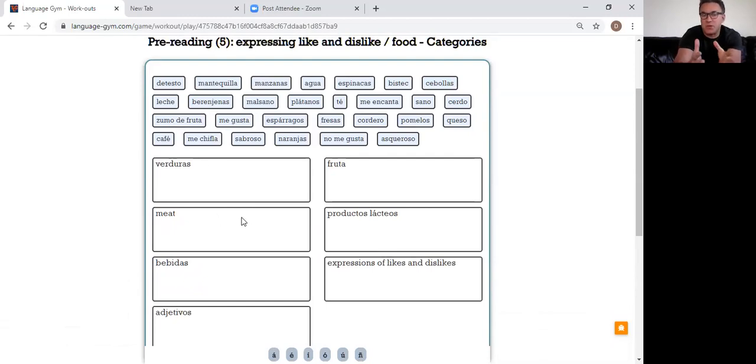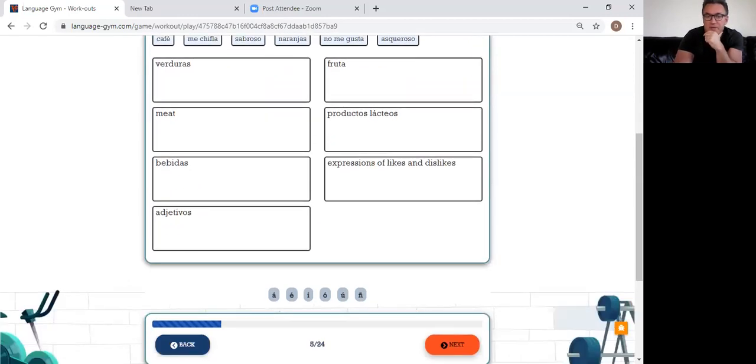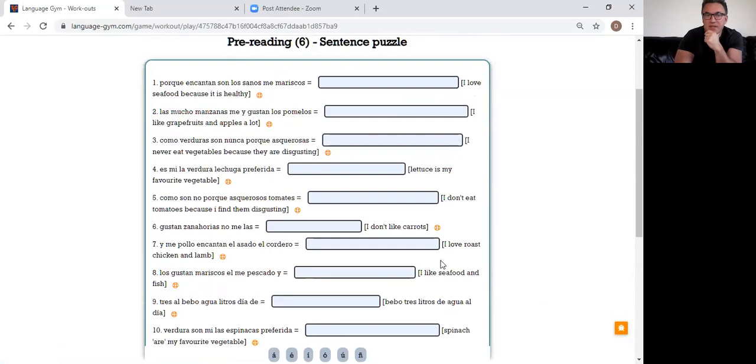We know that this kind of sorting activity creates a stronger memory trace because of the analysis and problem solving that it involves. Next, now a sentence puzzle. The sentence puzzle, it's an excellent activity. Any puzzles, any